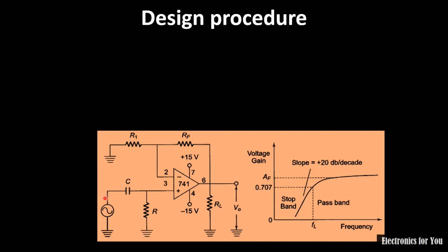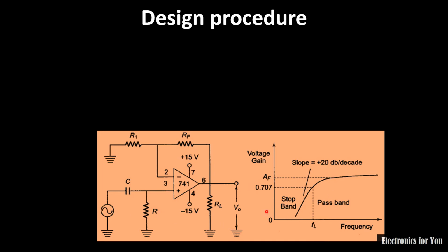This is the circuit diagram for a high pass filter, where this capacitor and resistor form a high pass filter. Here you can see that the output is measured across the resistance, and this is the circuit for the passive high pass filter. Further, it is attached to a non-inverting amplifier, which will amplify the gain of this high pass filter. So this circuit with the op amp is a non-inverting amplifier, and this combination of capacitor and resistor is a high pass filter.